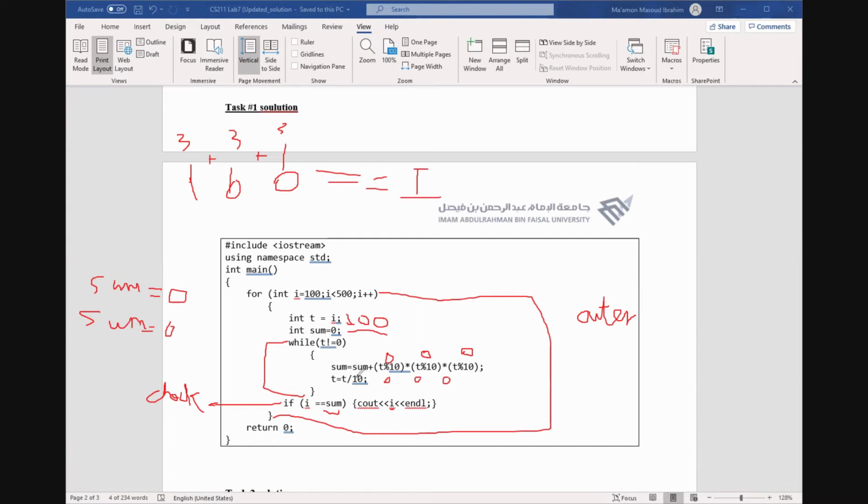Now t, I will divide t by 10 again. Now it is 10. Divided by 10, it will become 1. Okay. After divided t by 10, it was 100, then it became 10, then it became 1. Now, sum تساوي sum t mod 10. 1 mod 10 كم شباب؟